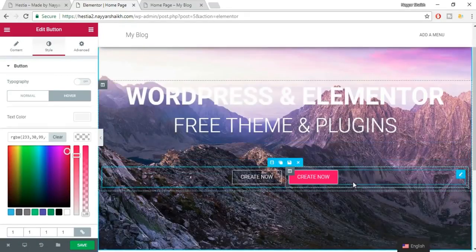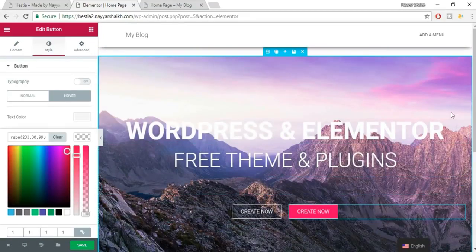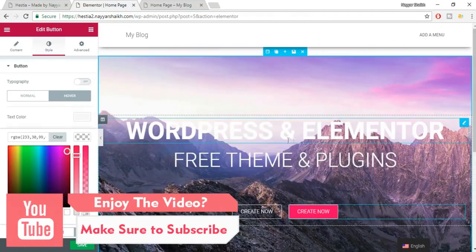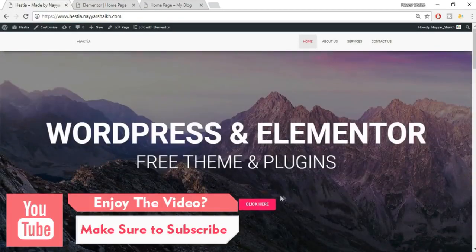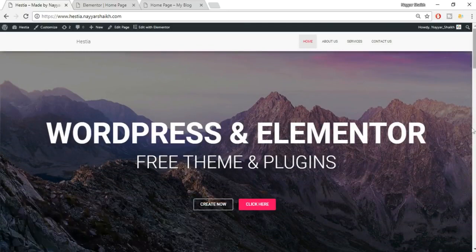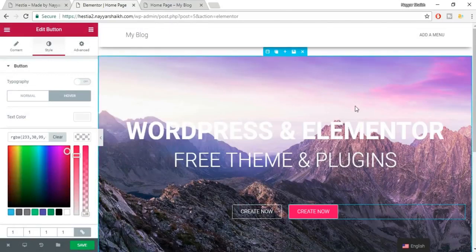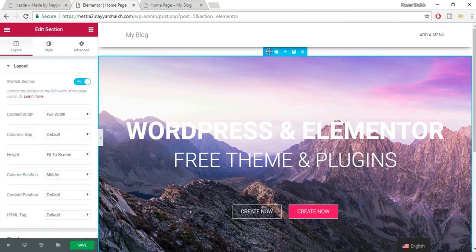Now if you also notice, the background image is very light, and we cannot see this white text, whereas here we can easily and clearly see the text, button and so on, and the background image is not that light, it is darker. There is a very simple way to do that. Again, hover this and click on this section to make some changes to this section. Go to style,